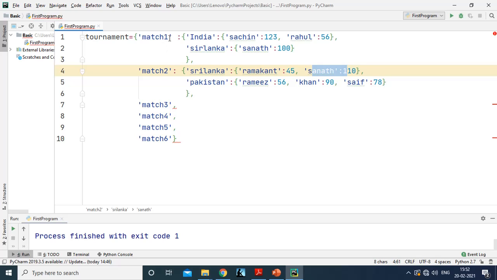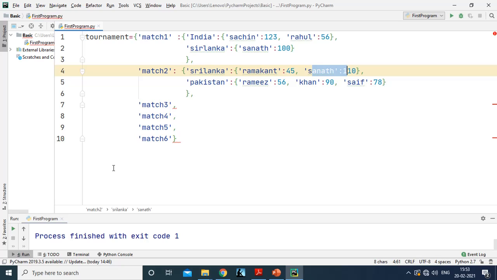And when you have populated the whole dictionary, it should give man of the tournament as the person who has scored highest average. So it might be possible that Sachin has scored 123, so his average is 123. He has not scored high in any other match, but out of all the other players none of them scored the average which is 123. So Sachin will be the high scorer. And if suppose Sachin was high scorer in 3 of the matches, so you have to take the average of all these 3. Okay, so you have to display man of the match and man of the tournament